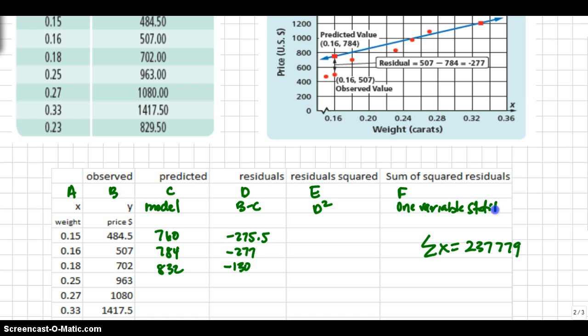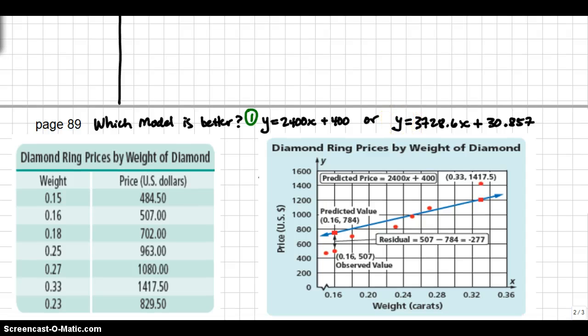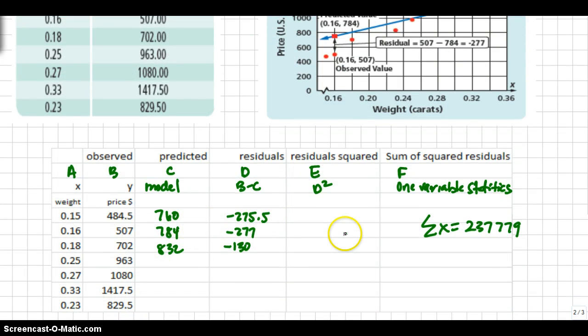Now that number that we got is not a very interesting number as it is right now. What we would need to do next is change the model to our second option. If we just type in that new model, it'll automatically recalculate all of these values for us, and we'll be able to look at the sum for model number 2. So let's get that model typed into column C. So let's go back to that,